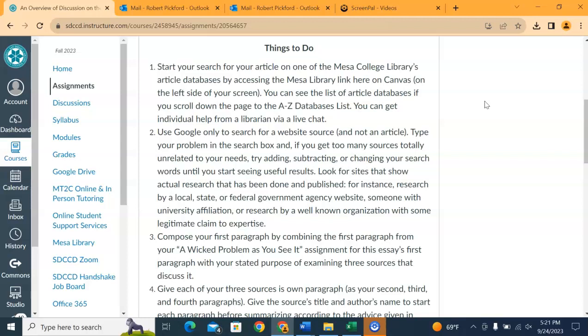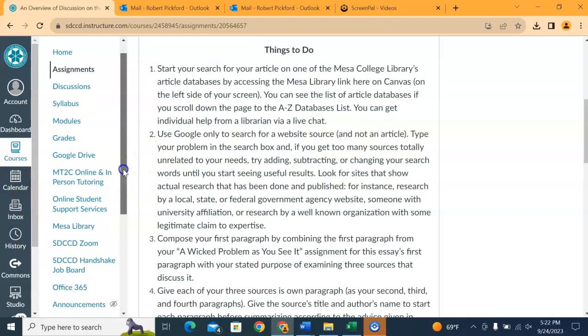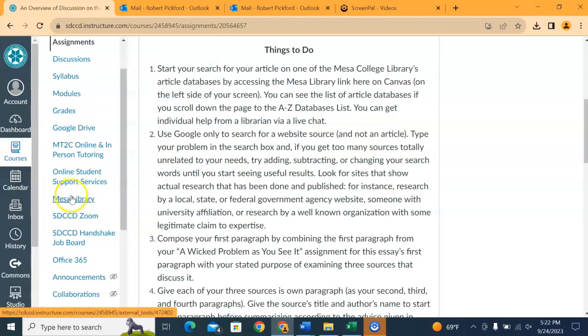It's a good place to go because you can find articles that are not available through Google or anywhere else on the web. These are subscription databases. A database is a big warehouse for articles, and they tend to be more specialized, and they have a subscription price, which Mesa College pays on your behalf. So if you go over to the left side of your screen, right over here, if you hop on down to the Mesa Library link,